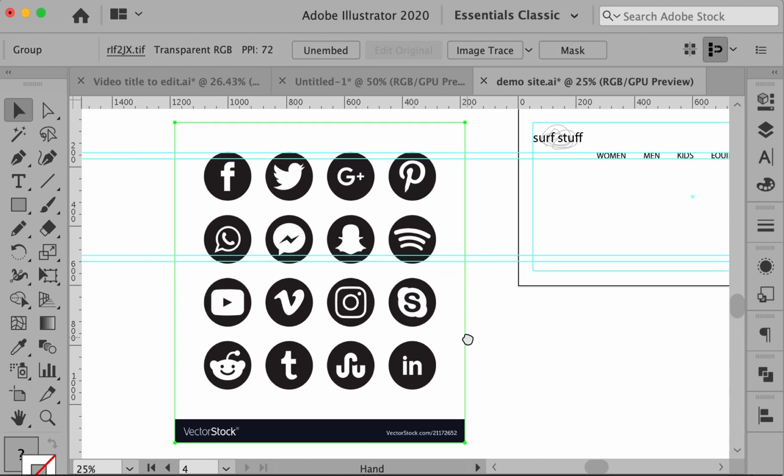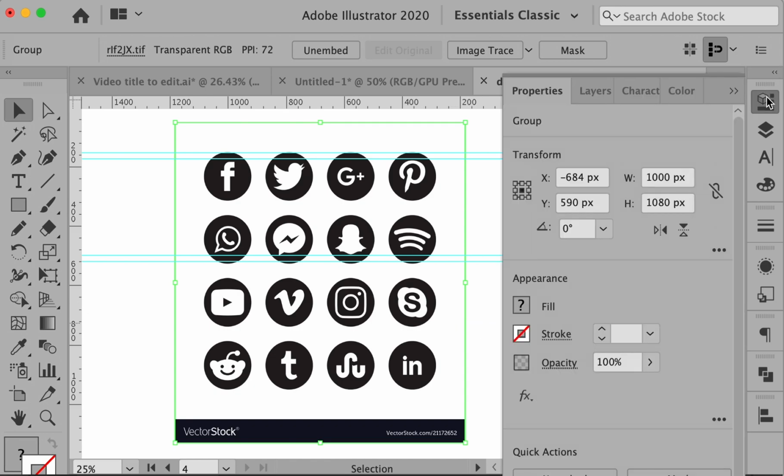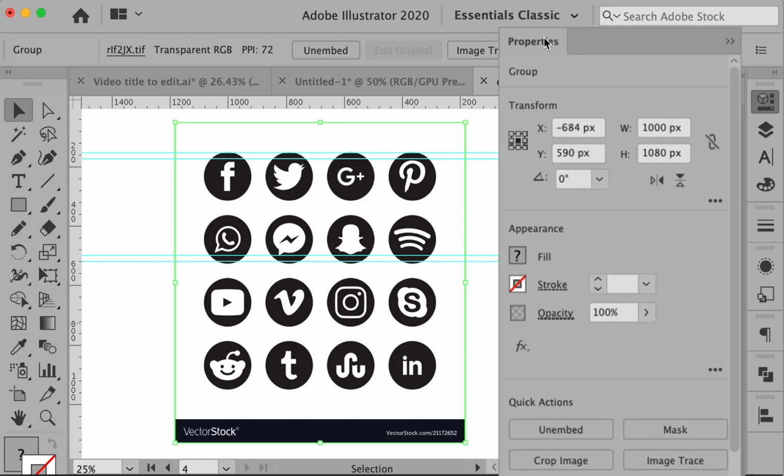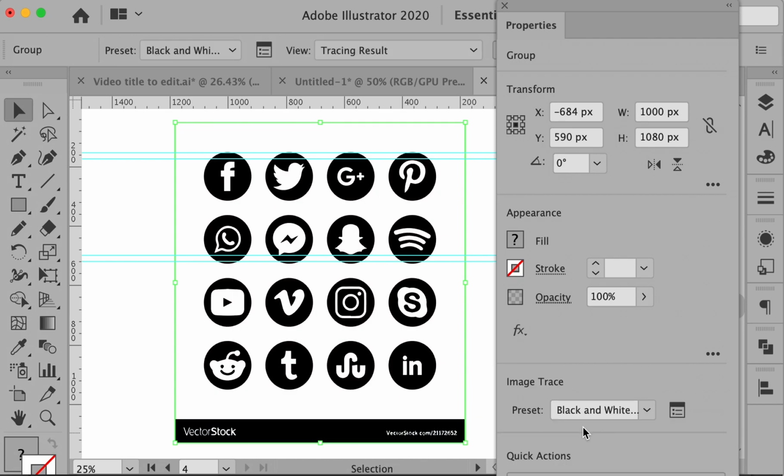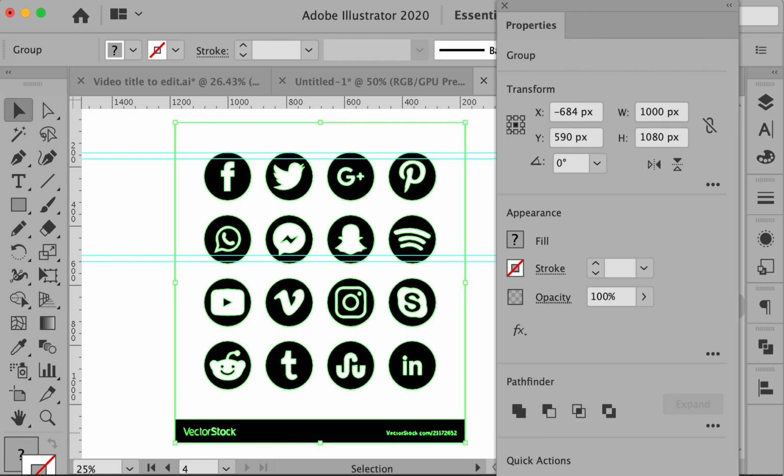Okay, so now what I want to do is make it an outline. Do you see, now that I have this image selected that I placed in, there's an image trace, which I'll click, and I'm going to choose black and white logo. It's further down, you can't see it, but you'll see it when you go through that. So black and white logo, then I'll click expand, which is right here, and then ungroup. And then what I can do is